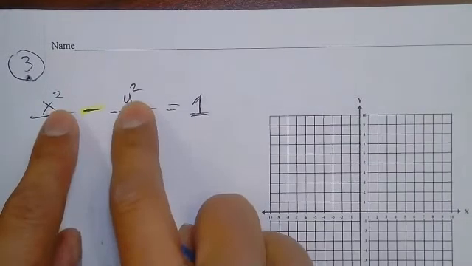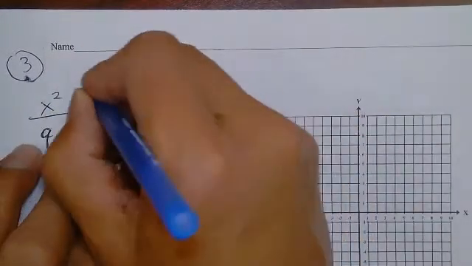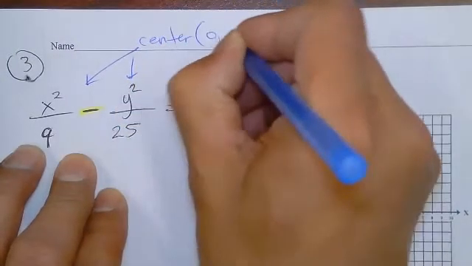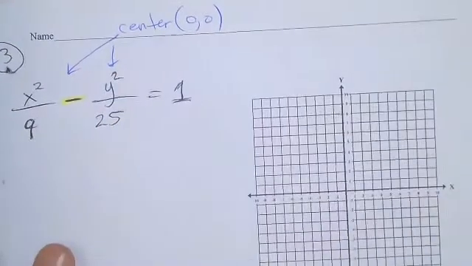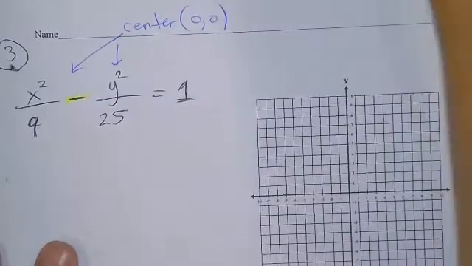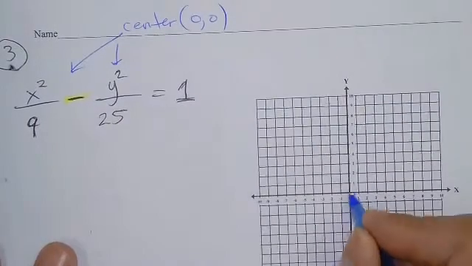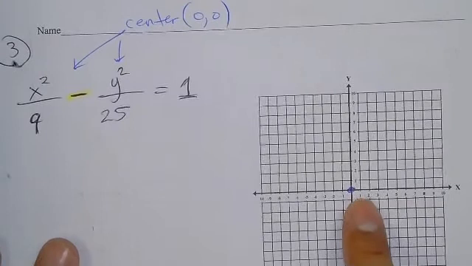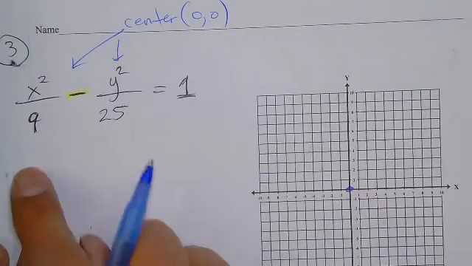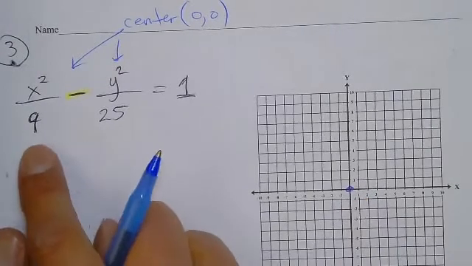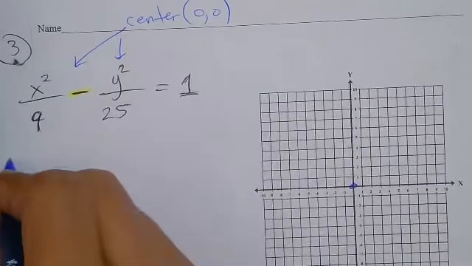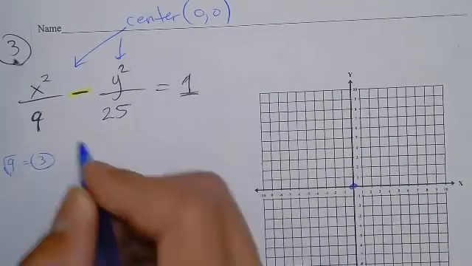We look up here for the center. There's no number. Center is 0, 0. Okay, that's a good thing about today. They're going to be centered at 0, 0, so they should be easy. Centered at 0, 0. Boom, right there. Put a center point right there. And then these are going to help us get those dots, those vertices. Okay, so under the x is 9, but we know that the square root of 9 is 3. So